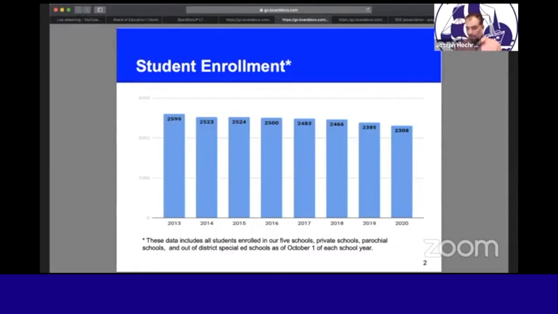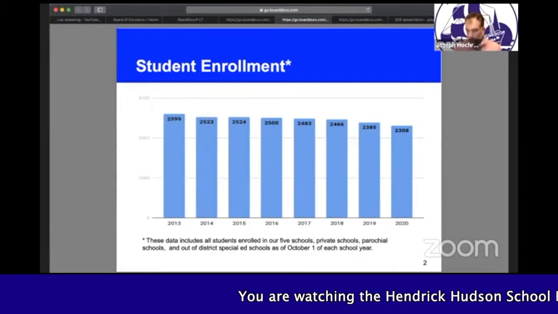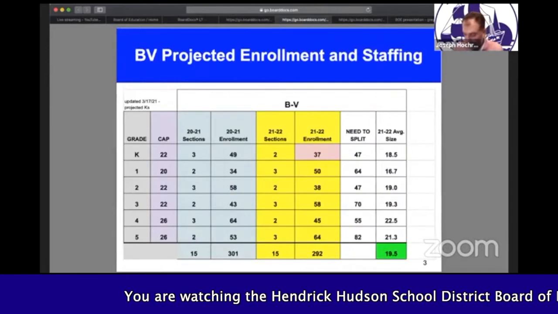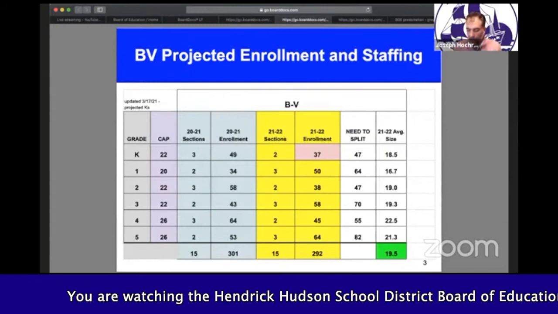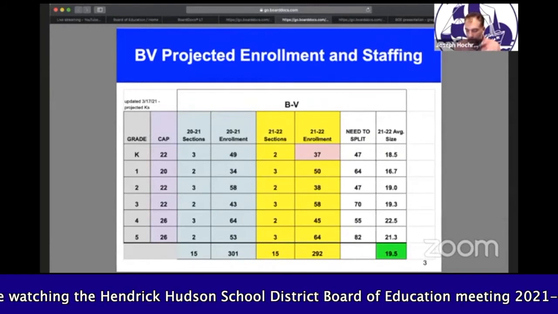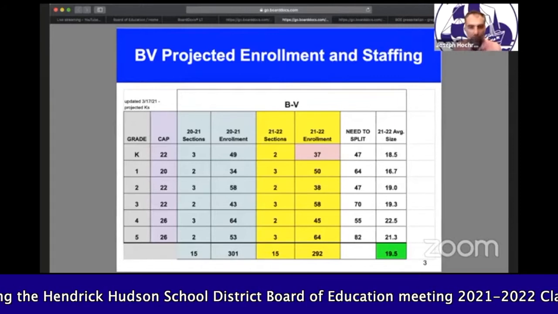So I'll let Margaret take the next slides and I'll chime in. This is really our method of tracking student enrollment in all of the elementary schools, as well as the number of teachers that are assigned. And you'll see the formula in terms of average class size, and so on. So the first one up is BV. This data is as of today. You see that time stamped up in the left corner. And I'll let Margaret talk about this chart, as well as some of the different colors and what they mean.